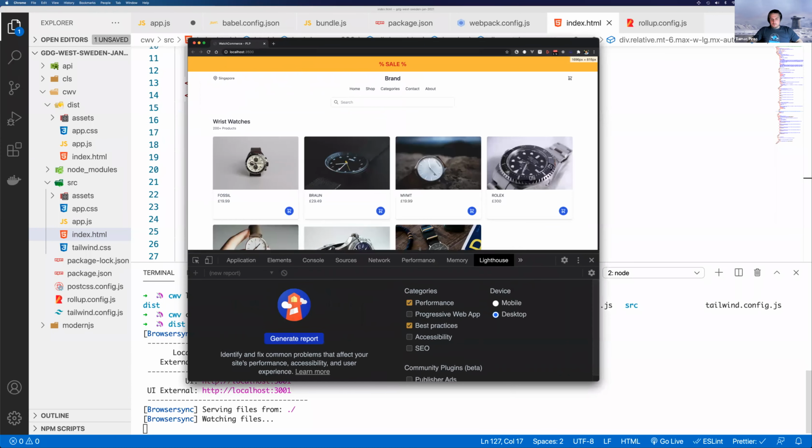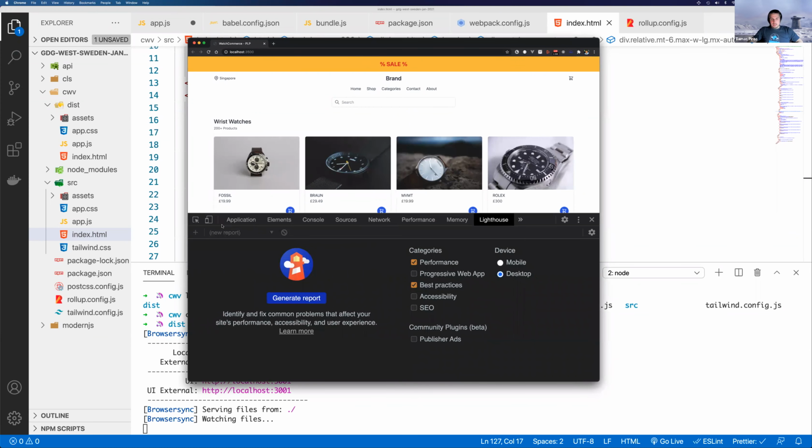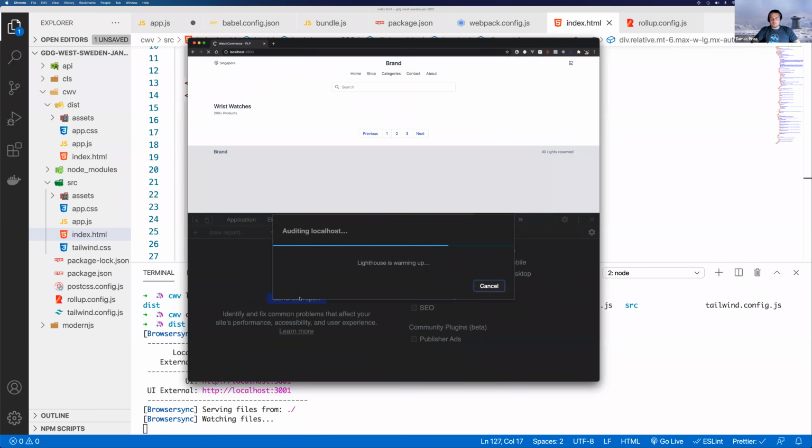And I'm opening my Google DevTools here. And notice that under that, there's this thing called Lighthouse. And I checked performance and best practices. Okay, these are the tests that I would like to run. I can select whether I want to run it on mobile or on desktop. Let's go with desktop. And I'm going to hit generate report. So Lighthouse